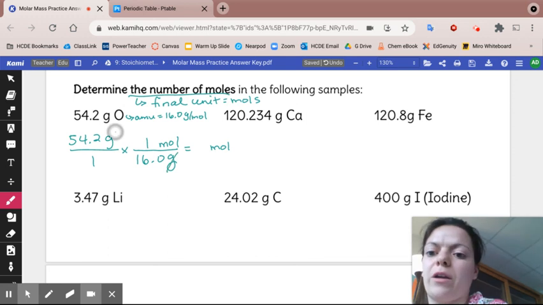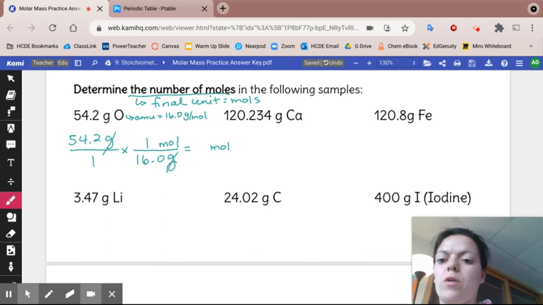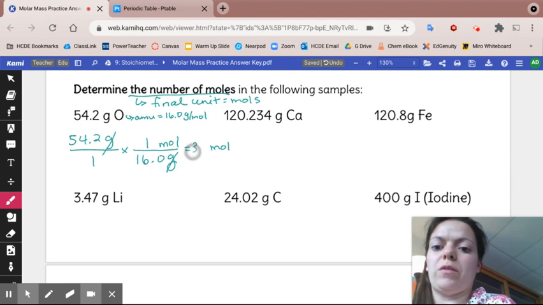All right, so I'm canceling out my grams. That leaves me with moles, and then I'm going to do the math. 54.2 times 1 on the top, 1 times 16 on the bottom, so I can just simply divide 54.2 by 16. Pull up my calculator, and I'm going to do that. 54.2 divided by 16. My final answer is going to be